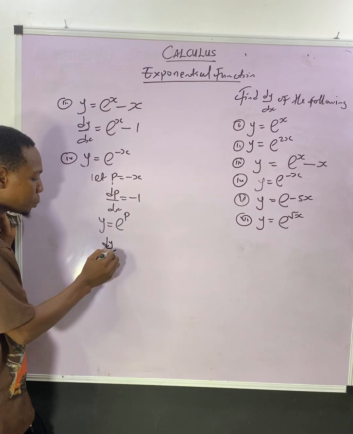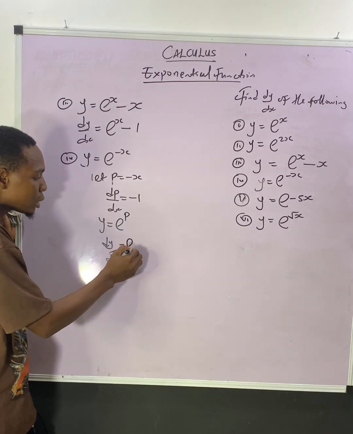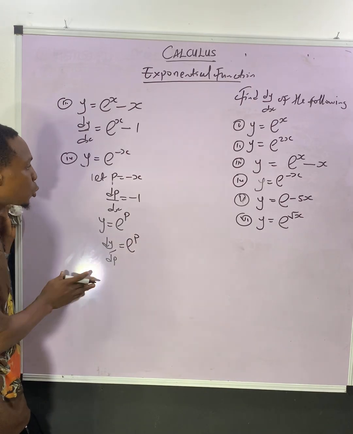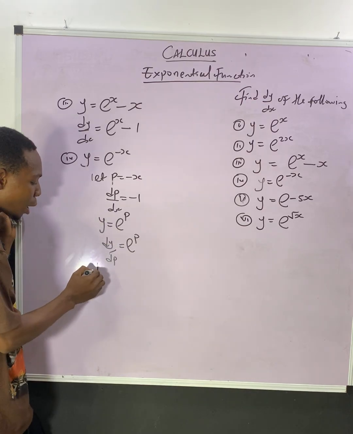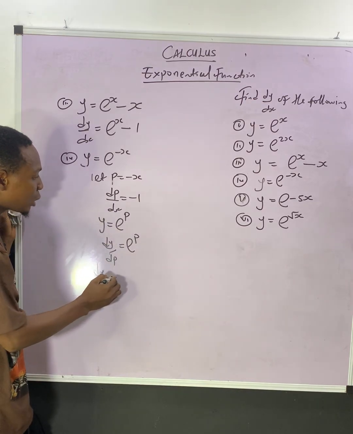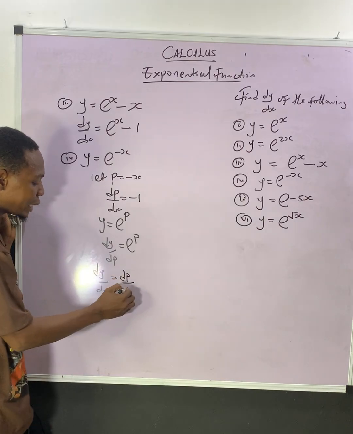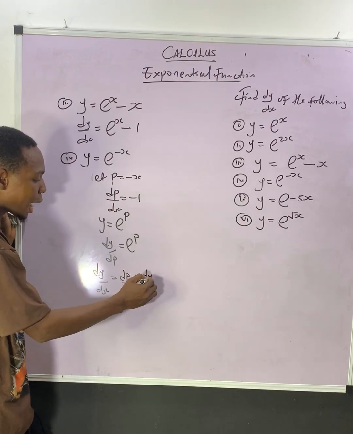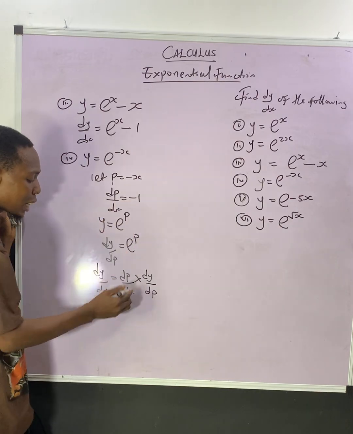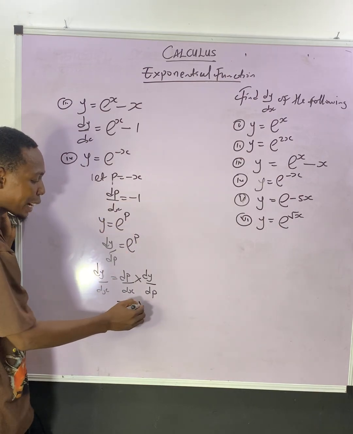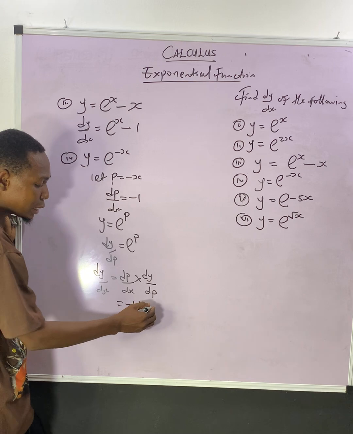So dy/dp is e^p. It doesn't change. To get dy/dx is for you to multiply these two things together. So our dy/dx is equal to dp/dx times dy/dp. So dp/dx is written as minus 1, times dy/dp, which is written as